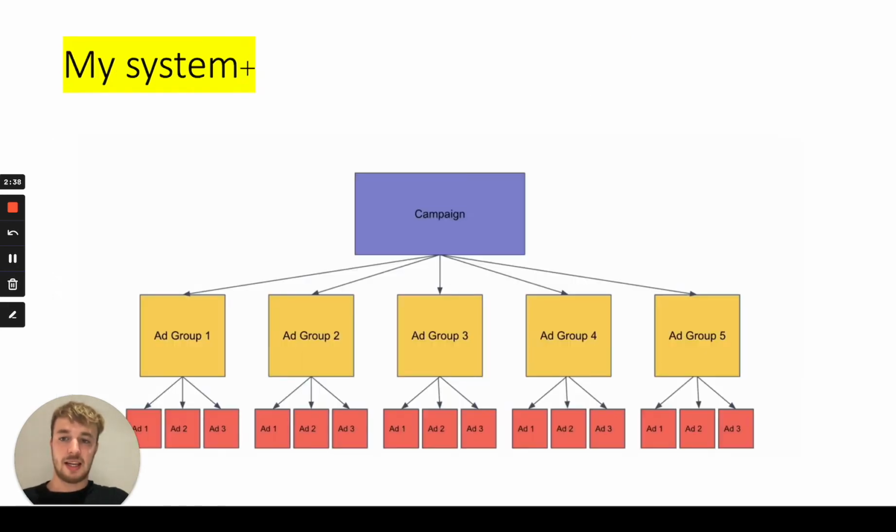So the next thing is, what is my system with Google Ads? Pay close attention to this. You see, we have the main campaign, let's say the mother of the campaigns. It's over here at the top, as you can see, the campaign in the purple color. And then we have 5 different ad groups. Now, if you have been following any other courses or gurus out there, there are many different ad groups, and as you can see over here, we have subgroups of those ads.